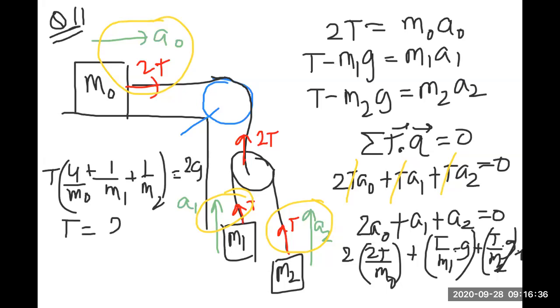So t is equal to 2g divided by 4 by m naught plus 1 by m1 plus 1 by m2, right? And after that, you put in all the values, you will get the value of t, and once t comes,